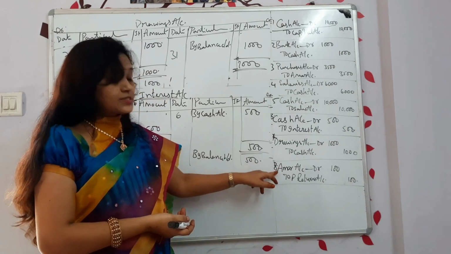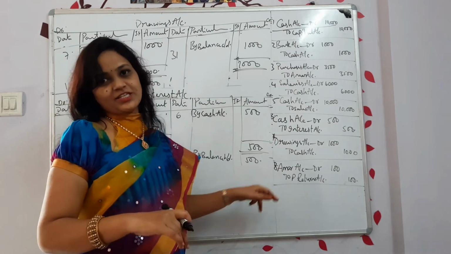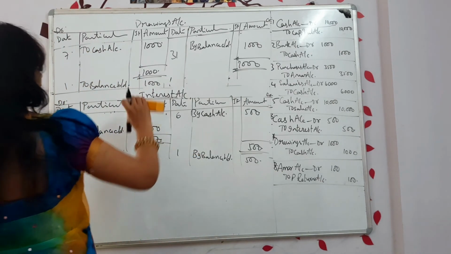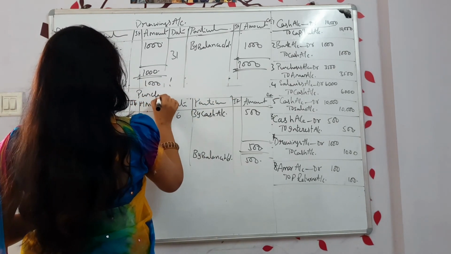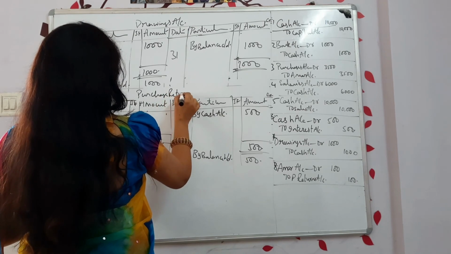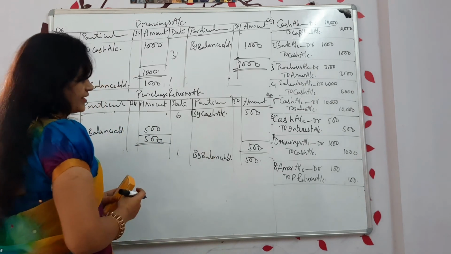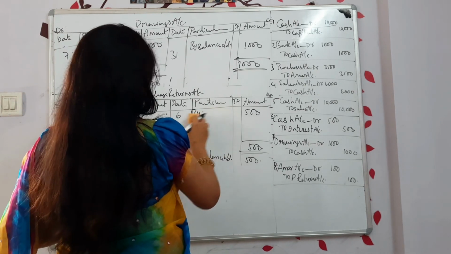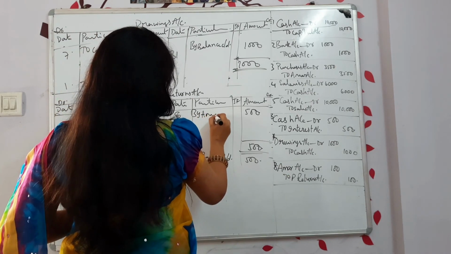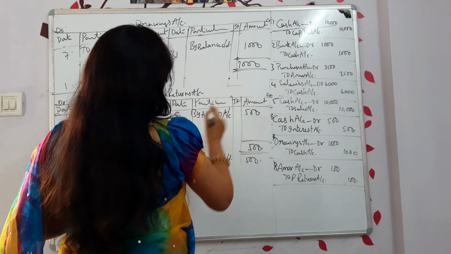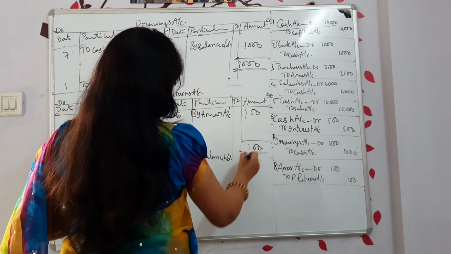Now we are writing the last one, that is Amar and purchase returns. Amar account we have already prepared earlier. So directly you can prepare purchase returns account. So write down purchase returns account. Where you can see the word purchase returns, debit side or credit side, check it out. It is credit side. So now we are going to write down credit side. What will we write on 8th? By Amar account. What is the amount? 100. So write down 100.